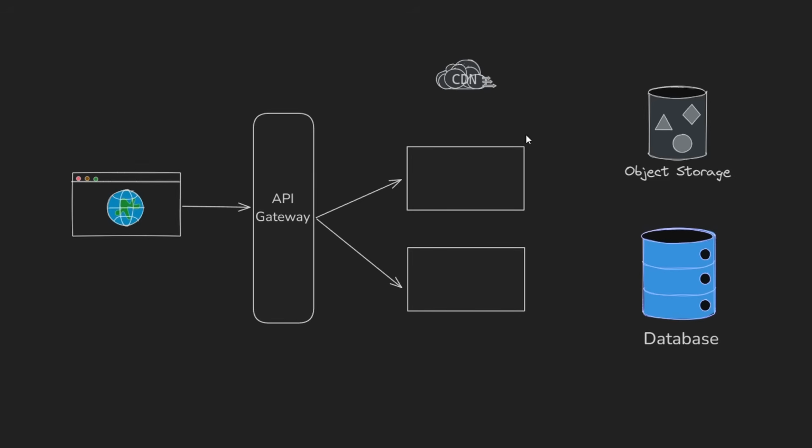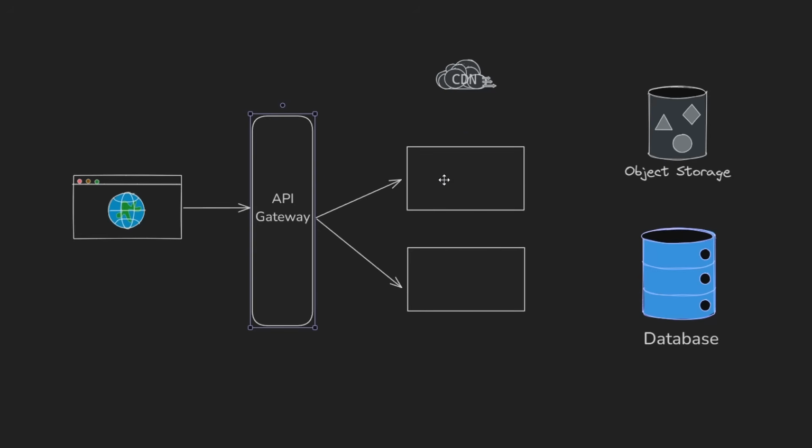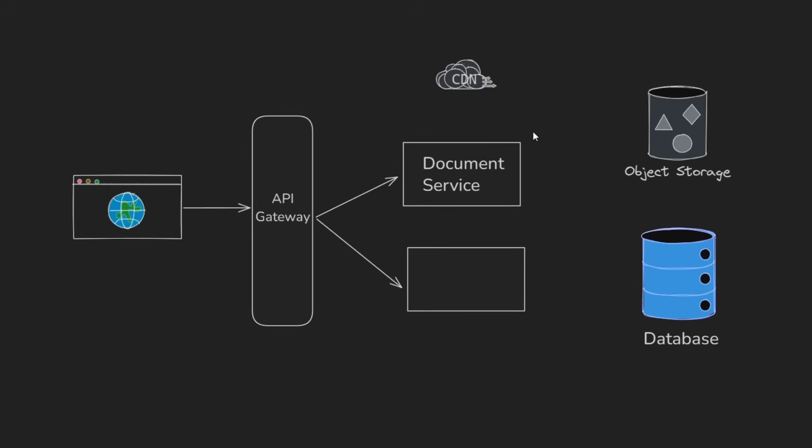So now let's finally get into the fun part, drawing some boxes. And I'm starting here with a pretty simple template. We have here the client, and then we have the API gateway, pretty standard. And then here I have two services. You can probably guess what these are going to be. The first one is, let's say, the document service. It's going to be responsible for actually creating the documents, deleting them, and handling that part. And then we're going to have down here the WebSocket service or the edit service, which is going to actually